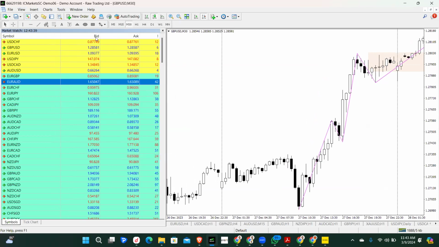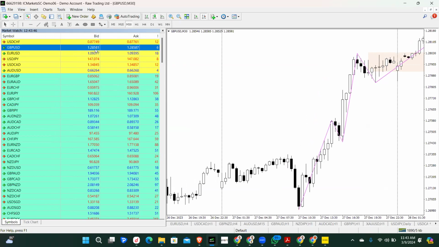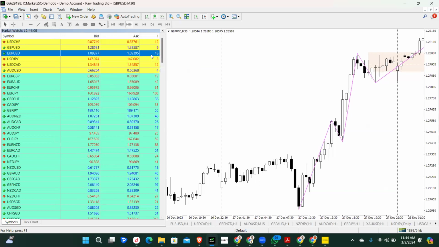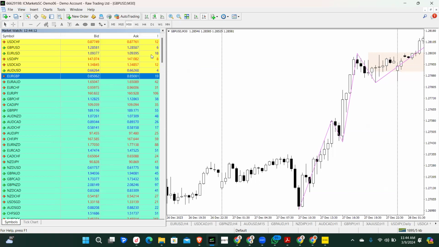So if you see here, we have the bid. All right. So this is the bid, this is the ask. So for an asset like GBP/USD, this is the bid price, which is 1.28581, while the ask is 1.28587. So the spread is the difference between the bid and the ask. So if you check, the difference between 7 and 1 is 6. So the spread varies based on assets and also based on maybe the various trading sessions or based on the volatility of the market. So this spread varies.